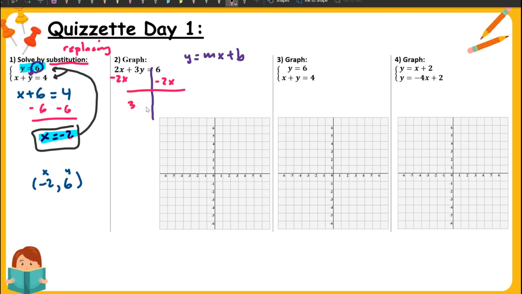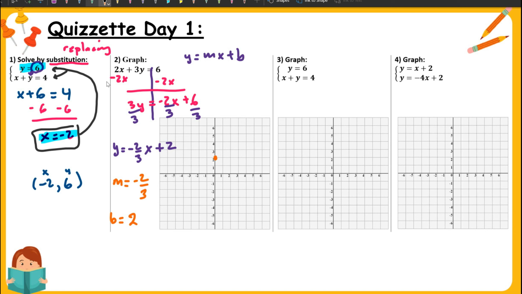3y equal to negative 2x plus 6. And then to get rid of 3 in front of y, you're going to divide by 3 to both sides. So y equal to negative 2/3 x plus 6 divided by 3, which is 2. Now we can tell that slope is negative 2 over 3, and your b is 2. So y-intercept, or the beginning at 2,